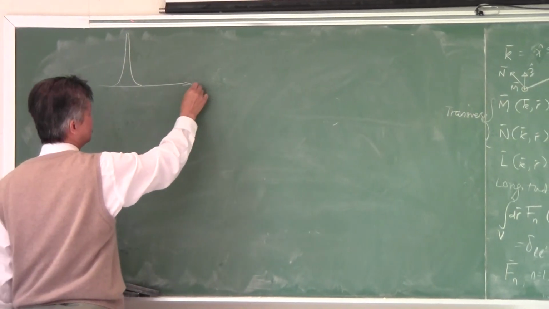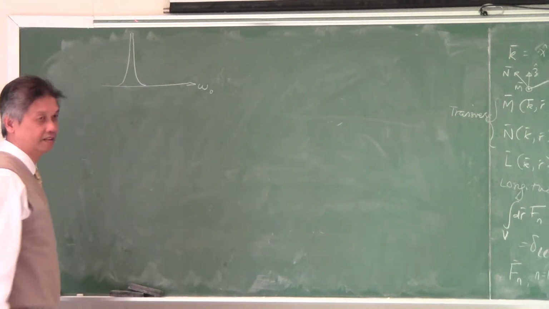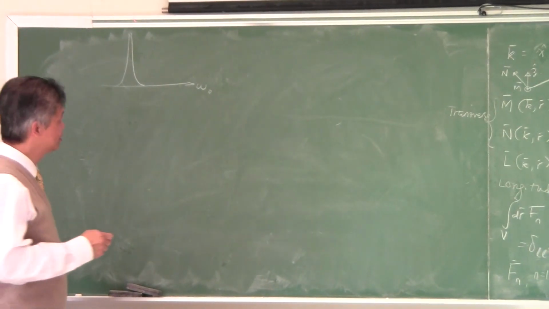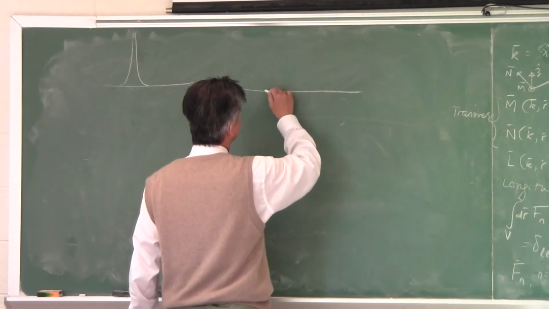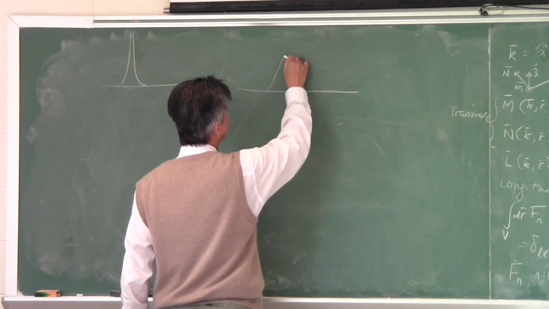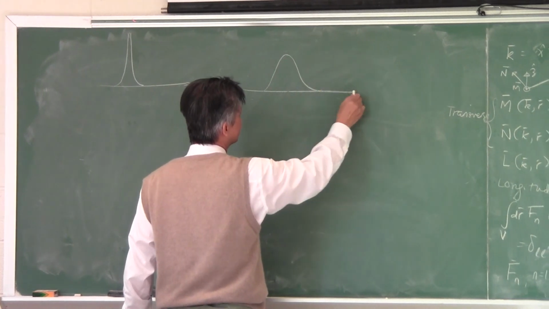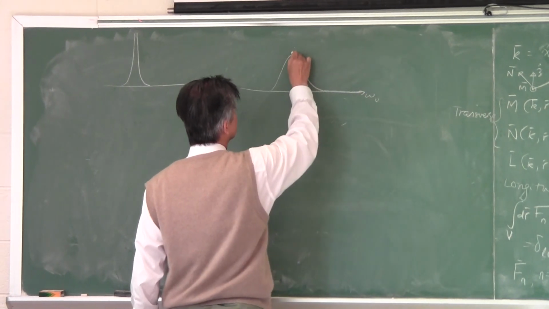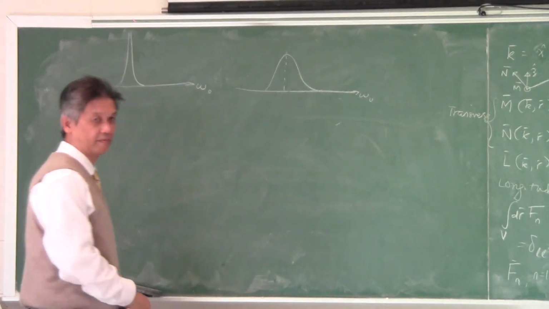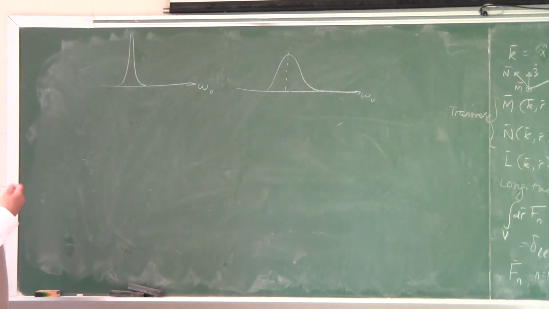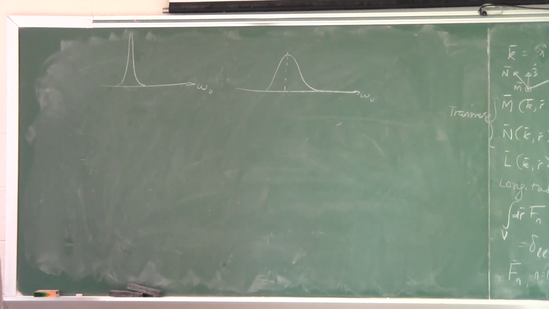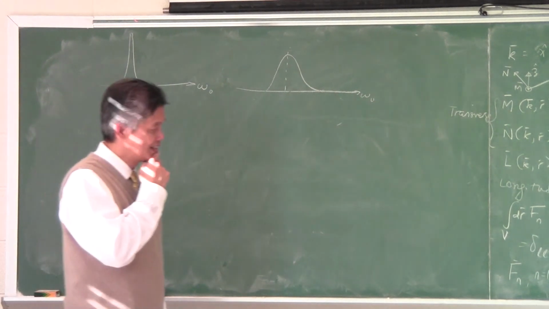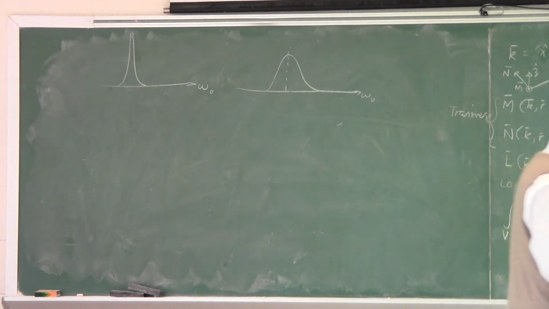As you sweep your omega naught, you see all these kind of peaks. But as you make the loss bigger and bigger, the Q of the peak starts to decrease, and then the thing will look something like this, if there's some loss in the system. And the more loss there is, the lower the Q, and the broader the peak would be. Okay? So this is like the density of states, but not like the density of states, because in the